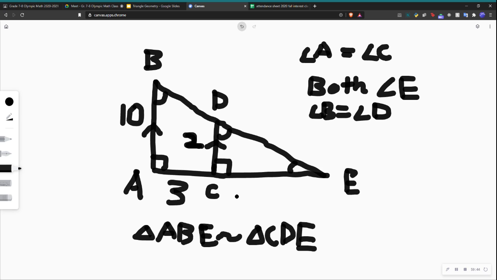So we're trying to get that, and we can just do this with side ratios. So we can do CE. CE would correspond to AC, and then DC would correspond to BA. So now we can use our side